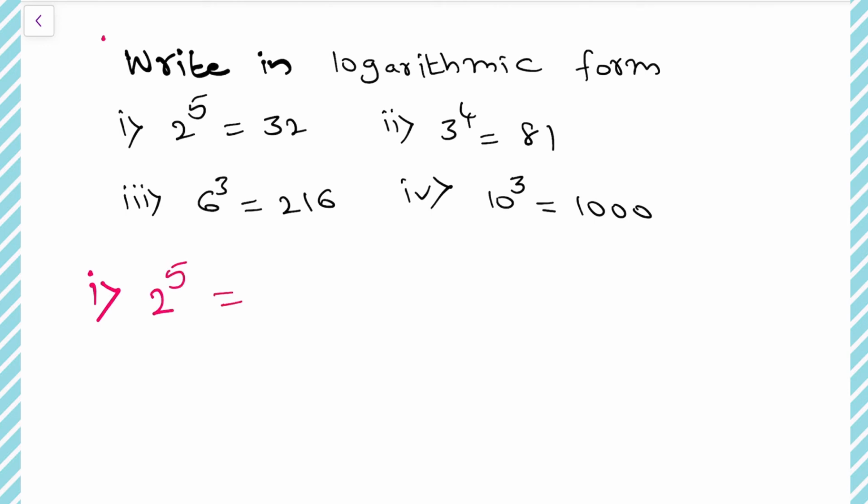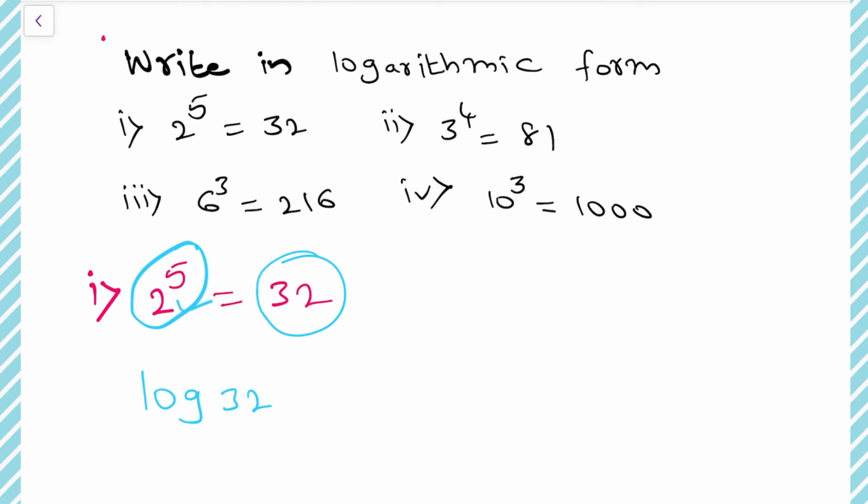2 power 5 is equal to 32. Now wherever the number alone is there, take that number, that is 32, right? So for this 32, apply log 32. Now in the given question, which is the base? Here 2 power 5 is there, so 2 is the base. Keep that as it is here also as the base, which is equal to, now here number 32 completed, base 2 completed, remaining is power 5. Write that power 5 as equal to. So log 32 base 2 equals 5.